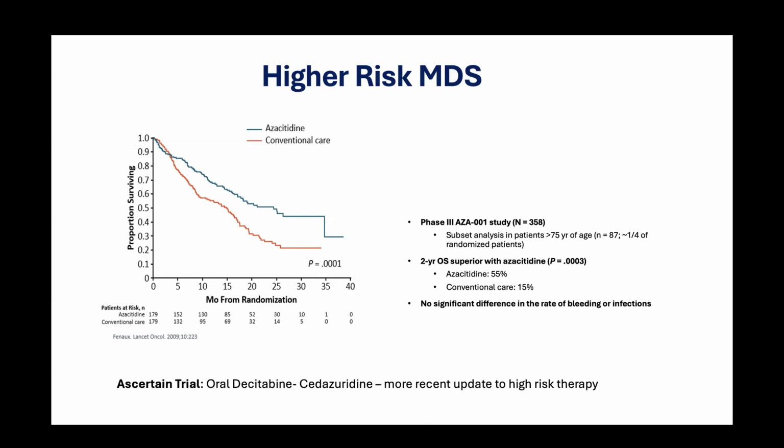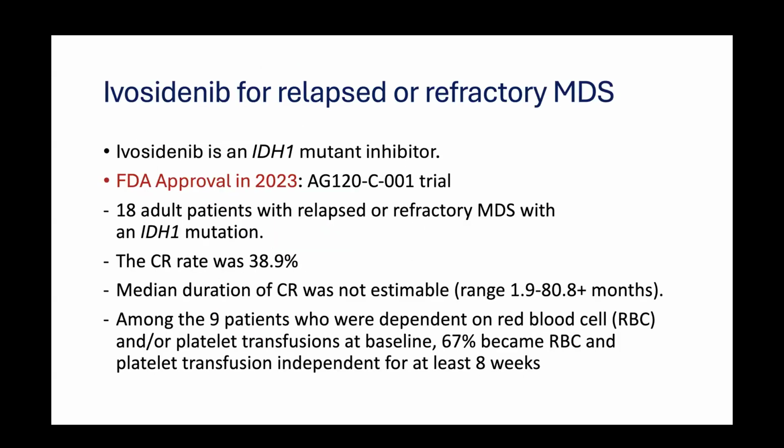And again, I mentioned azacitidine and decitabine, but oral decitabine-cedazuridine is that cousin in COVID that we were talking about. And this is also an oral version of the same thing. They work very, very similarly. So I hope I've convinced you this is important, and that it makes a big difference in terms of me choosing a treatment for you.